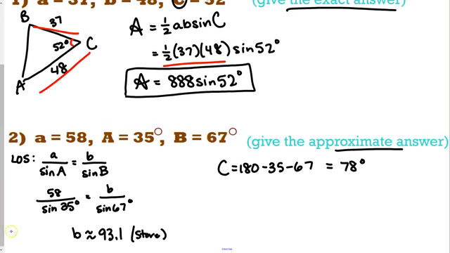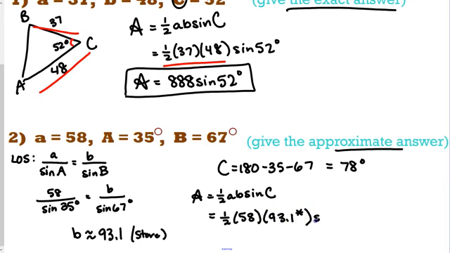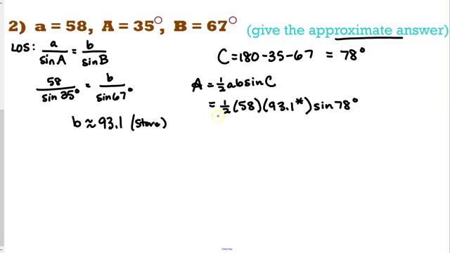All right, so now let's use the formula. Area equals 1/2 AB sine C. And we'll substitute in our values. We know little a, the side length, is 58. We know little b, it's approximately 93.1, but we're going to use the calculator and use the stored value. And then we have angle C, 78 degrees. So let's put all of this in the calculator. Using the stored number, 1/2 times 58 times the stored answer for B times the sine of 78. And for that, I'm getting